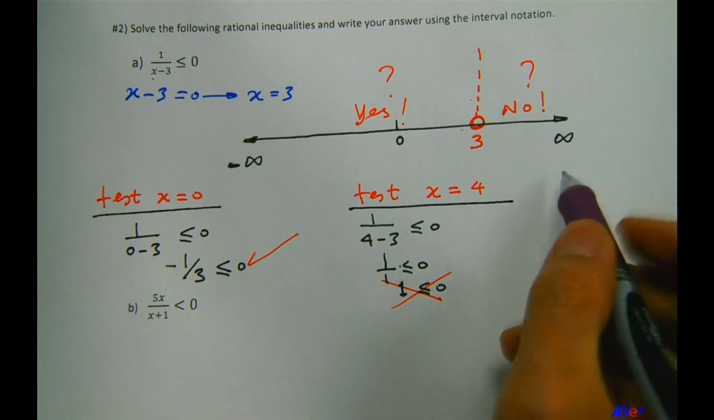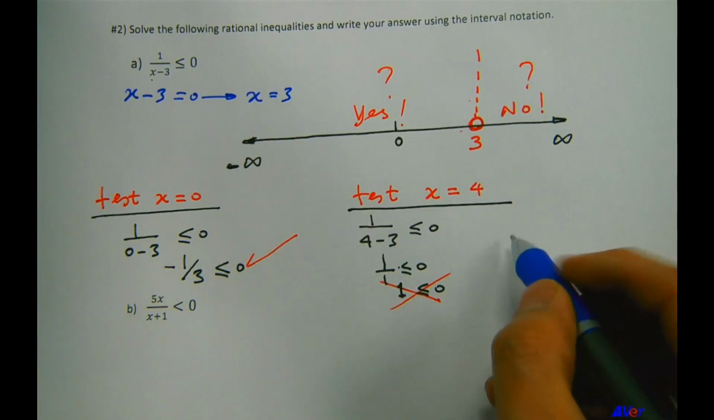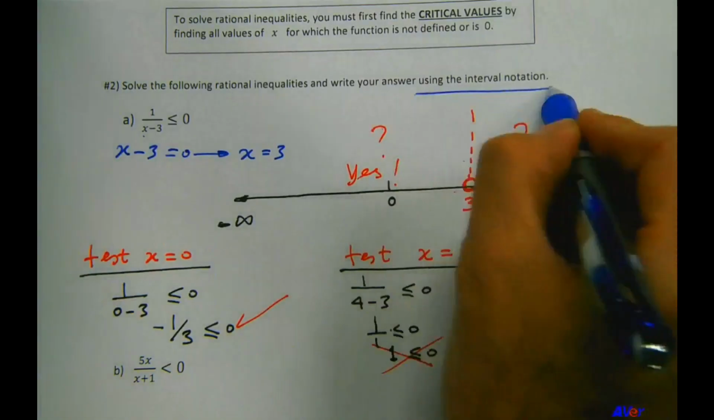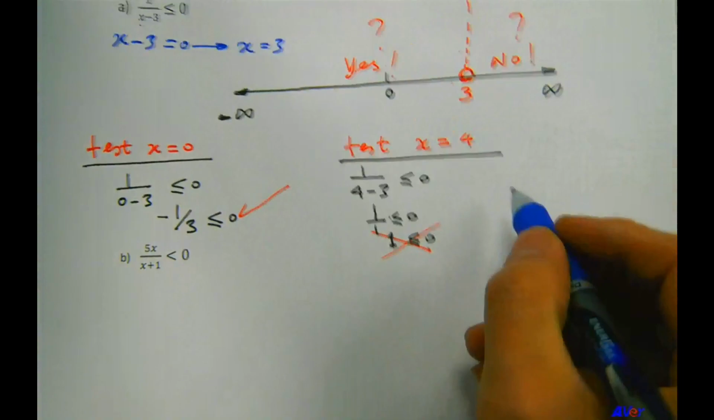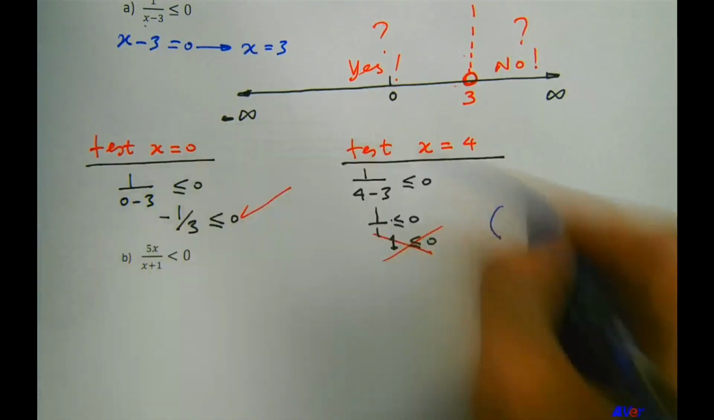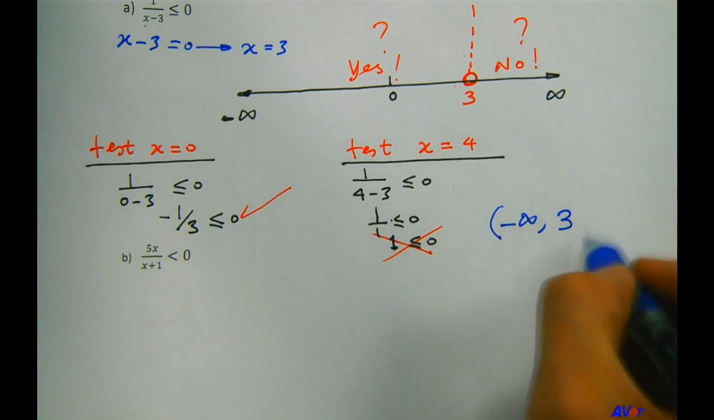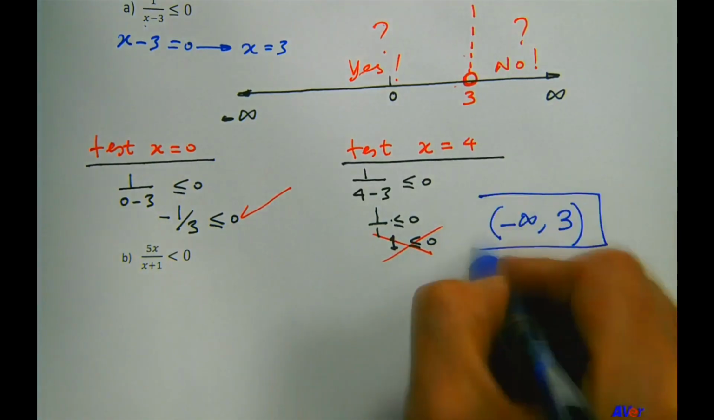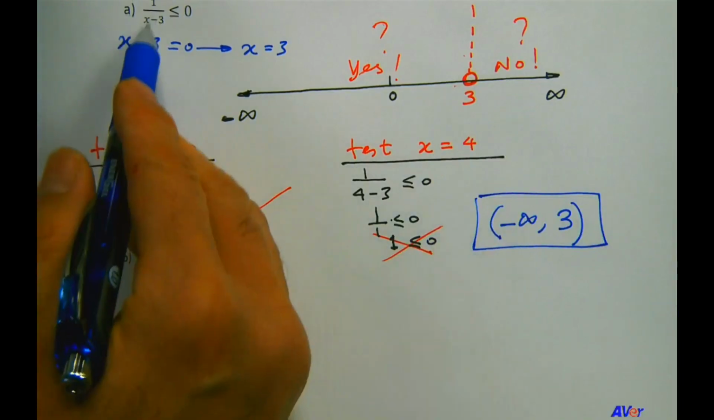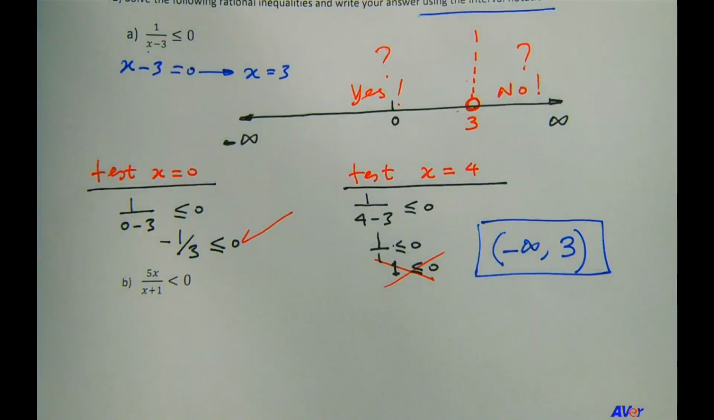Okay? So giving us this result, then we can write this final solution, of course using the interval notation, which they ask here. So the solution is parenthesis, minus infinity, 3, bracket or parenthesis, which one? Parenthesis, right? 3 itself cannot be part of the solution because it makes the denominator equal to 0. Okay, so this second one,